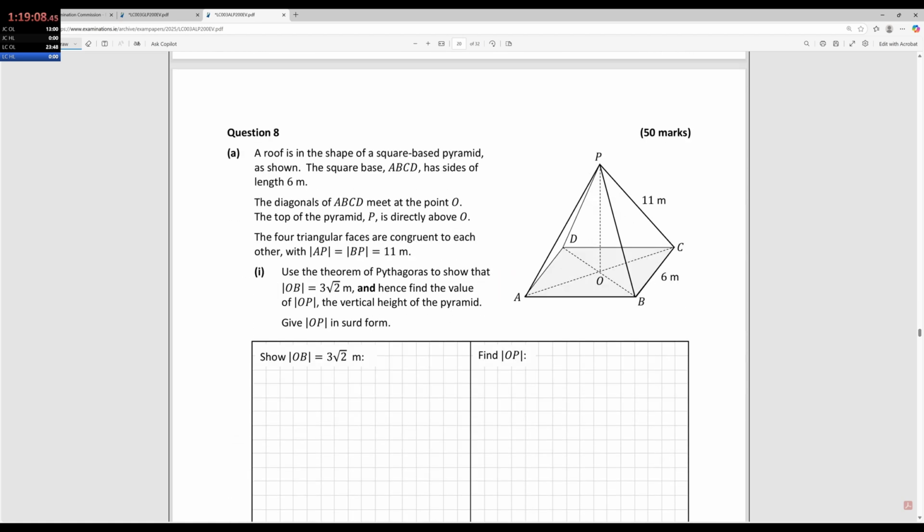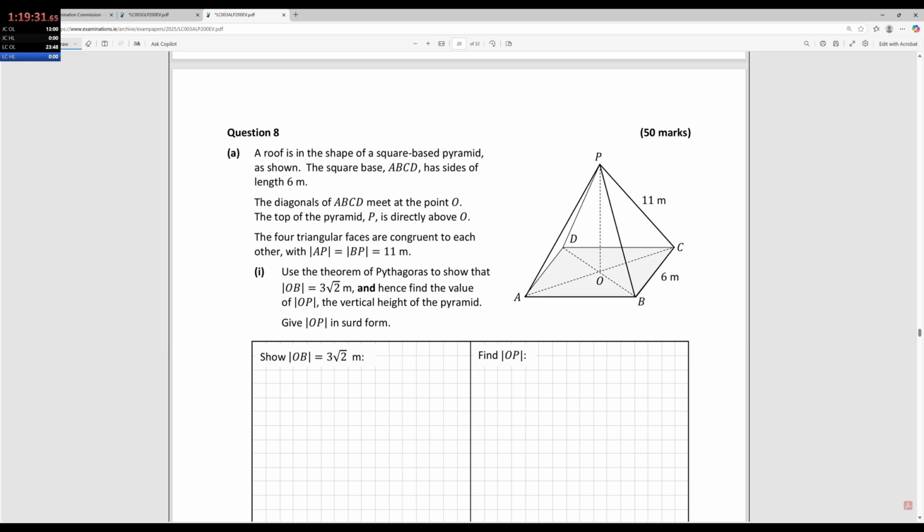Roof is in the shape of a square base pyramid. A lot of Year 6s did that this year, so that's okay. Square base, sides of length 6, the diagonals of A, B, C, D meet at the point O, and the top P is directly above it. The 4 triangular faces are congruent to each other, with AP is 11, BP is 11. They're all isosceles. Okay, use the theorem of Pythagoras to show that OB